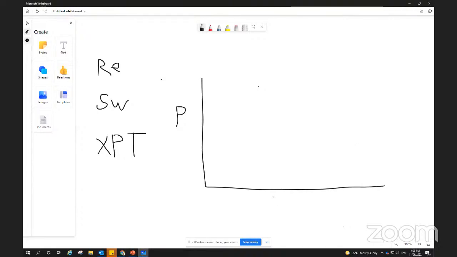This is the depth, sorry, it's vice versa. This is the depth, MD, the measured depth, and this is the pressure. So when we plot the values of the different fluid pressures,